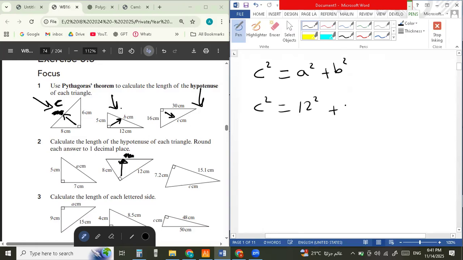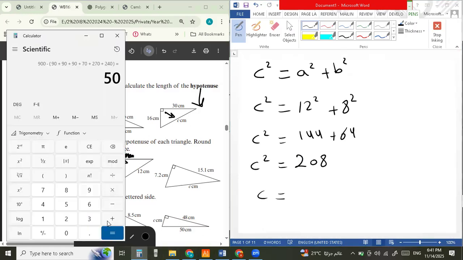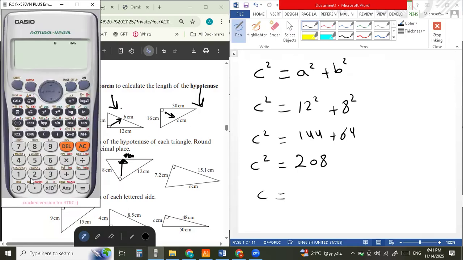So C squared equals 12 squared plus 8 squared. So C squared equals 144 plus 64. So C squared equals what? 208. So what is C? Oh, mister, how can I calculate the square root of 208? Well, if this comes to you, it will definitely come in paper two, where you are allowed to use the lovely calculator. So let's use the calculator. Square root of 208 equals